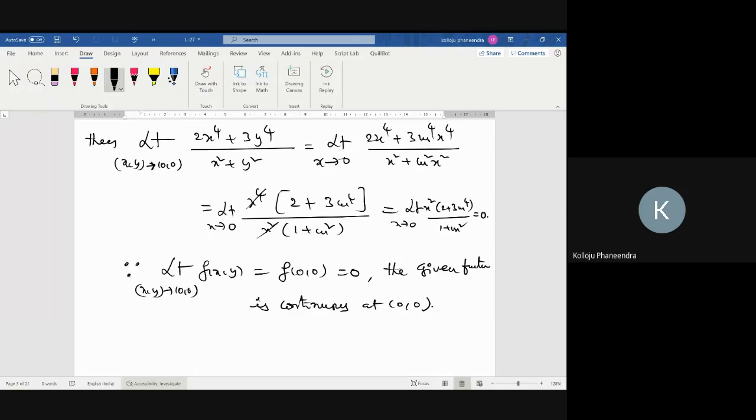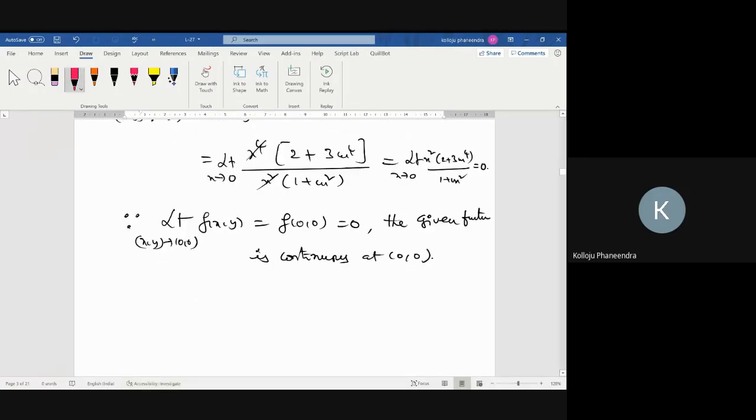For discontinuity, you can consider so many examples. Let me tell you one problem for discontinuity. Another one: test the continuity of the function at (0, 0). The function is given as f(x,y) = (x² − x√y)/(x² + y) for (x,y) not equal to (0,0)